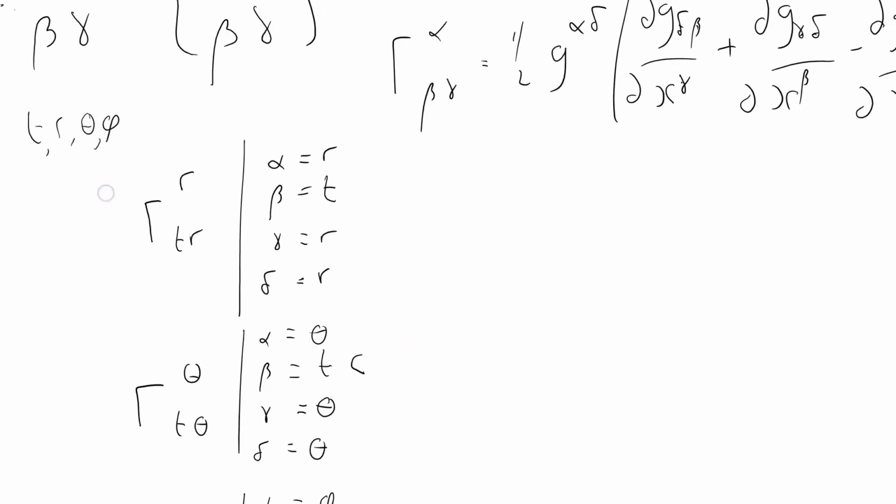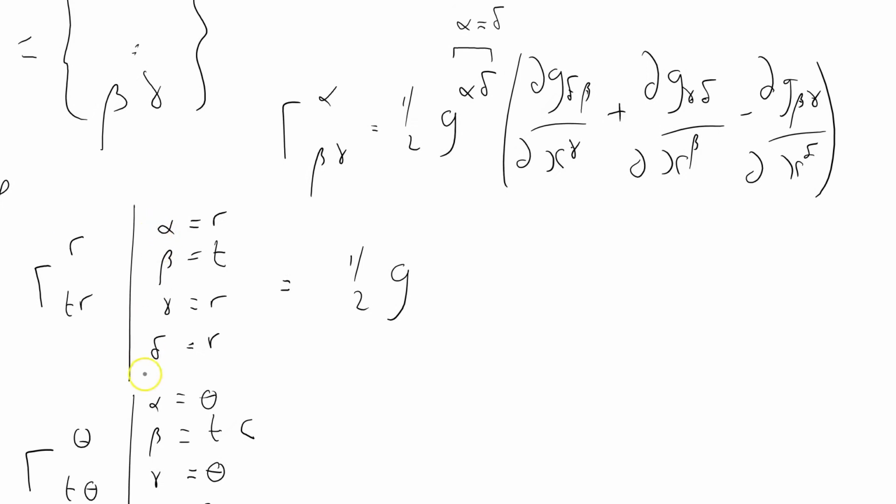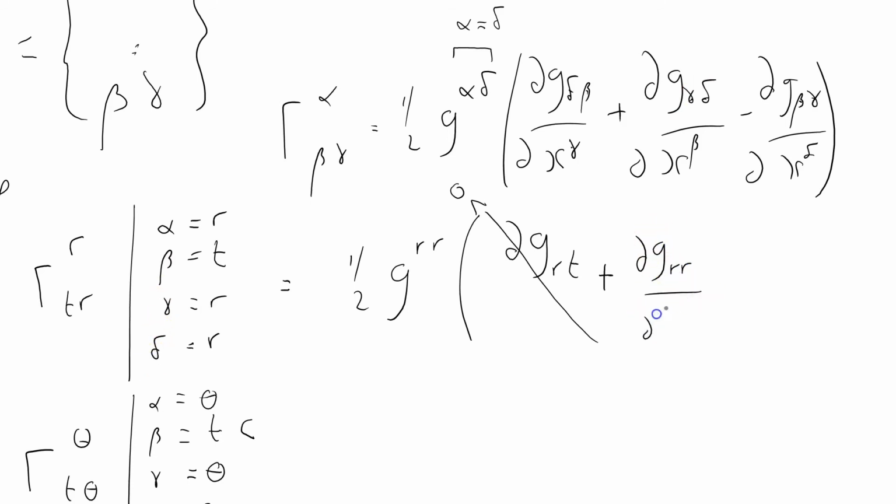So I can just evaluate these things. That equals 1/2 G superscript alpha delta, so it's superscript RR, times the derivative of G delta beta, which is RT, and it doesn't matter what it's differentiated with respect to because my metric tensor is diagonal. I can't even be bothered to write it out. What's this one? Gamma delta. Gamma delta, so it's G subscript RR by the derivative with respect to T, minus,